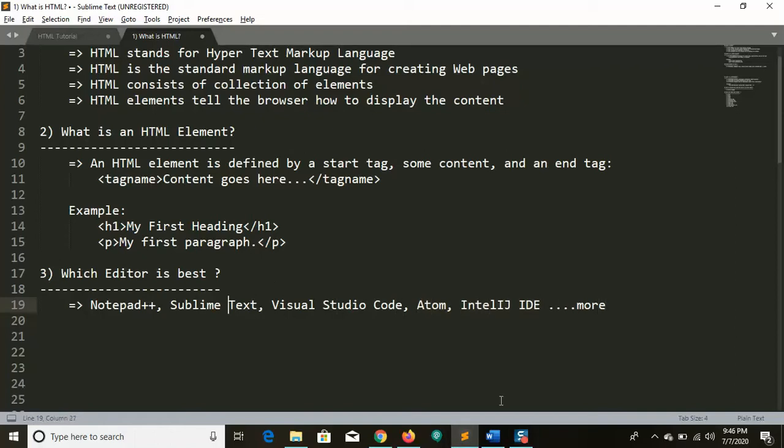For this tutorial, I'm going to use Sublime Text. Because if you go directly with Visual Studio, that is good, but you need to start from scratch, right? If some contents are directly displayed as a suggestion, how can you learn? If you learn by practicing, and know it well, then you can jump to the advanced level. So currently I'm going to use Sublime Text. Your wish, you can use any editor. That's not a matter.